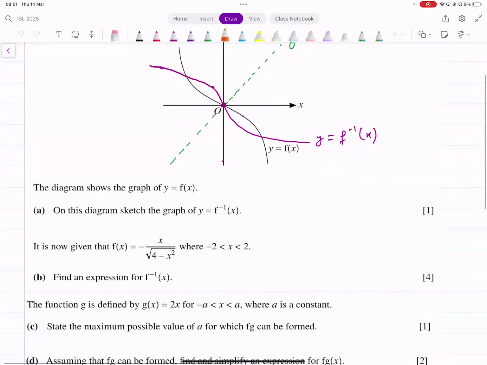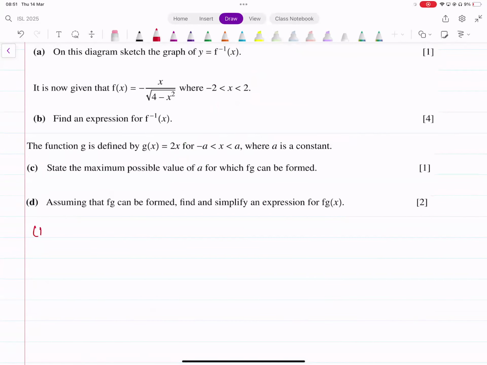अच्छा, ये ग्राफ स्केच कर लिया अब आपने। अब सेकंड पार्ट में वो कहते हैं इट्स नाउ गिवन दैट f of x equals this। अब उसने वो फंक्शन दे दिया आपको, where x is between -2 and 2, you need to find an expression for f inverse of x। इस फंक्शन का inverse निकाल लें। Let's find the inverse of this function।